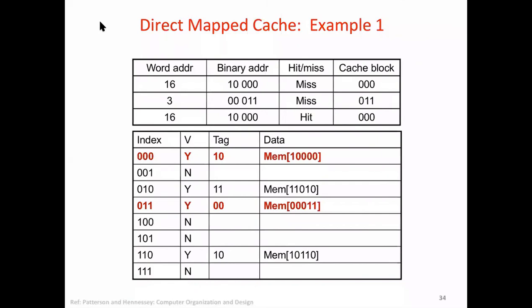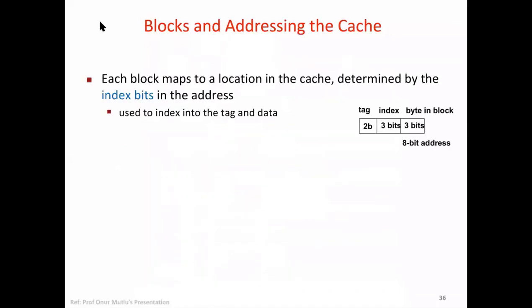Similarly, let's assume now we make a request for 16, and 16 is 000. It was not there earlier, so there was a miss, and then we'll bring this data in, change the validity bit and the tag will be 10, and then put the data here and so on, right? So it's very simple. We'll stop here and then we'll restart from here.